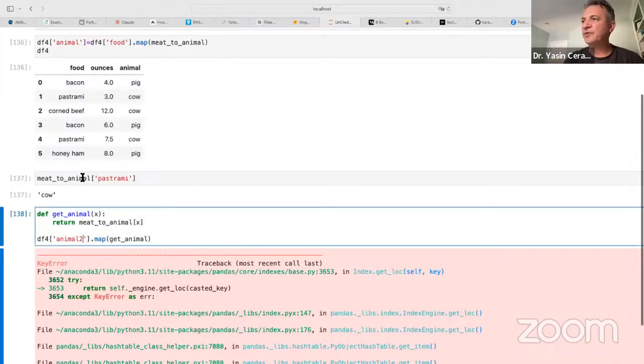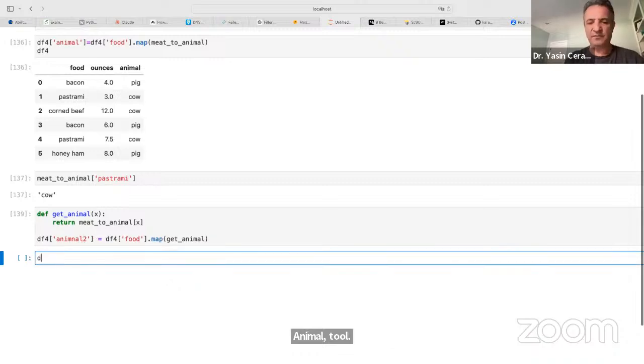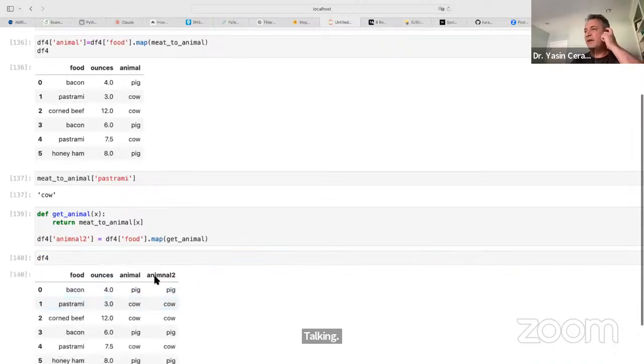I need to put the food and then say df4 animal 2. Okay, let's see df4. Now I have a new column, animal 2, I mistyped, which in this case, again, I'm